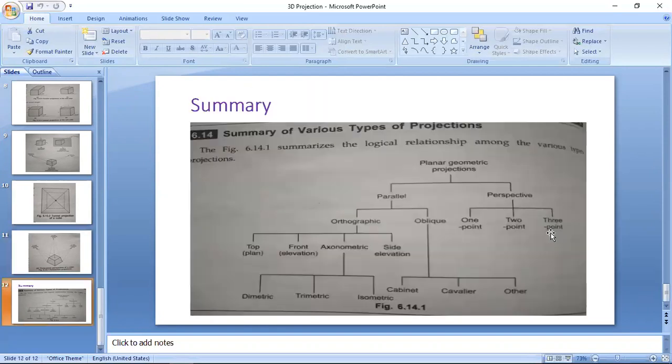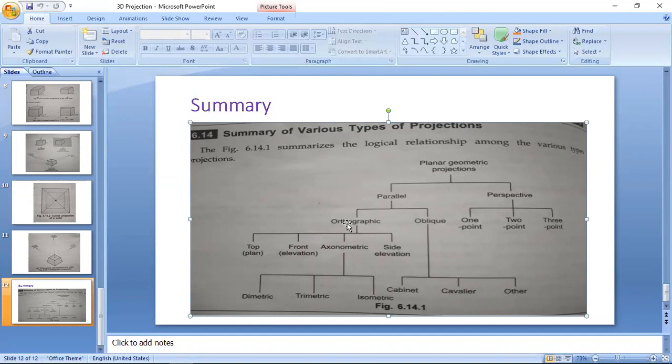And last, this summary is very much important. You have to remember it from the exam point of view. In the single diagram, you will cover all of the types we have seen right now. So go through it very carefully. Remember each and every type, how it is classified, under which main type it is classified. So we'll see it: projection, planar geometric projection, firstly classified into two types, parallel and perspective.